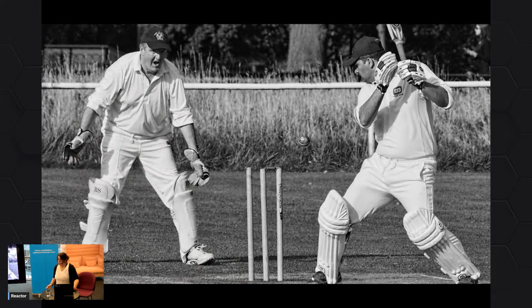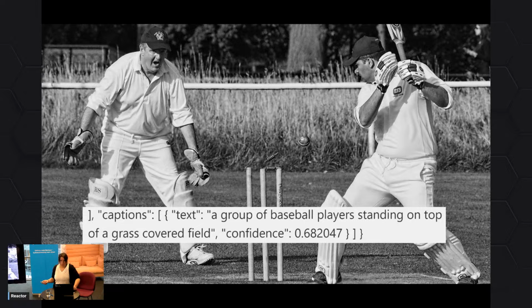One thing to think about when you use pre-defined models is that depending on the data they've been trained on, if they haven't been trained on something that's representative of yours, you might get a situation like this where it tries to figure out the caption for this cricket game, but it's only been trained on US data. Most of the models are trained on US and European data, and it mislabels it as baseball players. So this is actually one of the big problems in machine learning, that you don't have representative data and therefore get unrepresentative results.